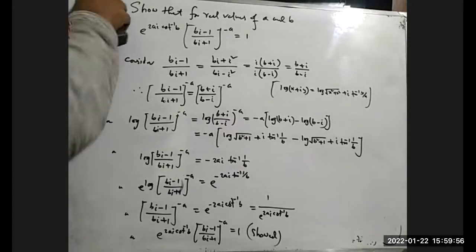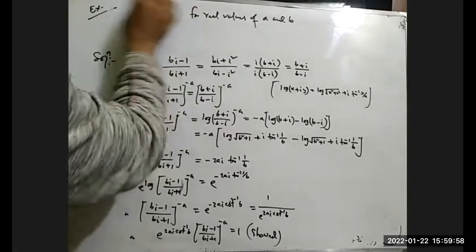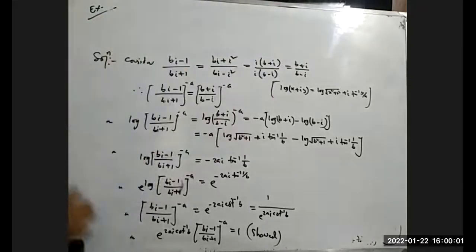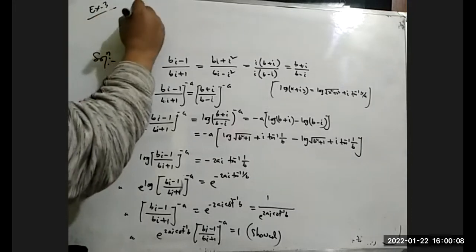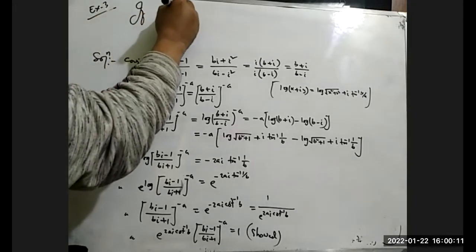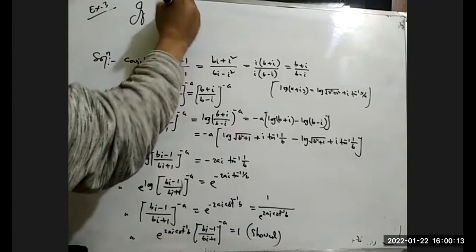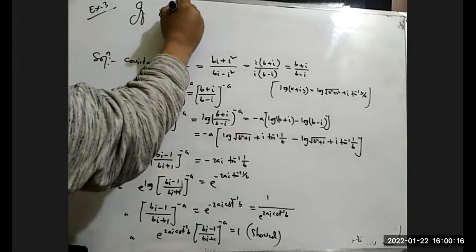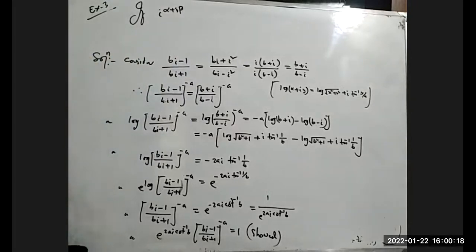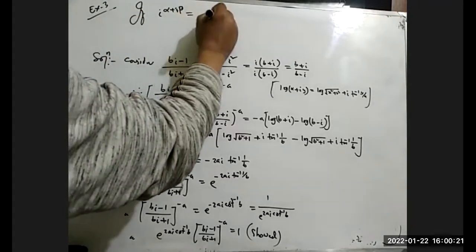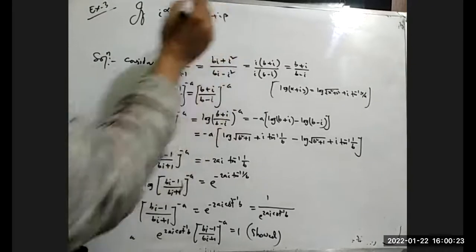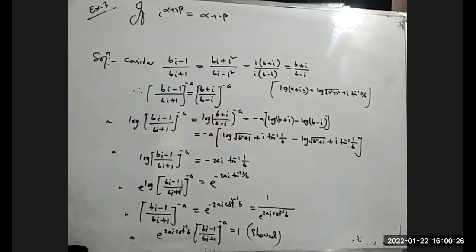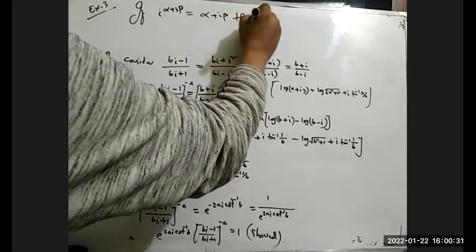Now example 3. Example 3, if i to the power alpha plus i beta equals to alpha plus i beta. Alpha plus i beta is the complex number where alpha is the real part and beta is the imaginary part. Then prove